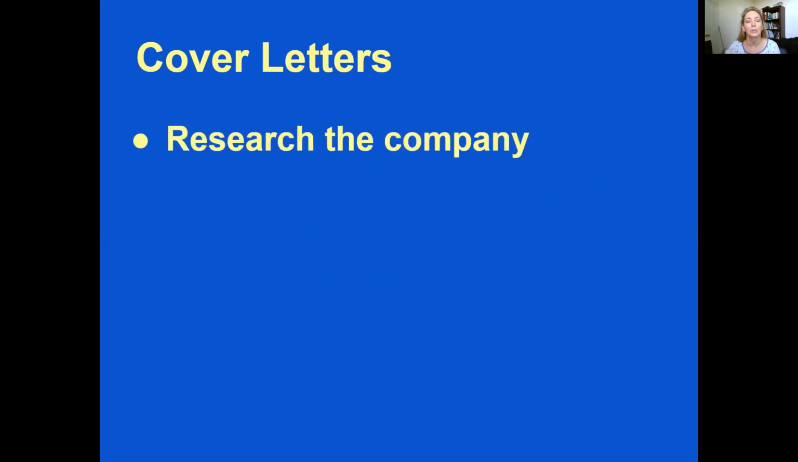With cover letters, one thing that's really beneficial to do is to research the company. We're living in a great age where you can Google a company and find out all about them. What are they most interested in? Are they all about making money? Are they being efficient? Are they giving back to the community? Are they focused on the environment? What are they focused on? What are their values? See what you can find out about them, and then you want to mirror those values